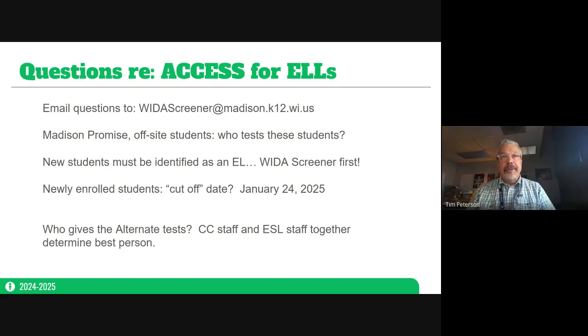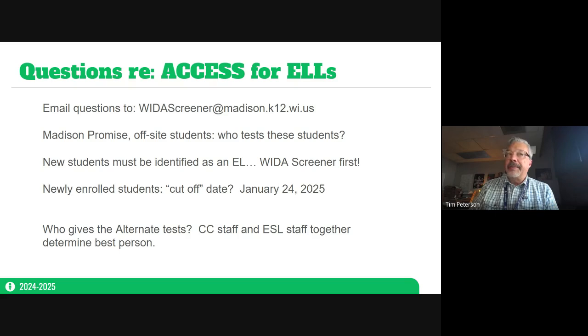And as always, there's the question, what about students who arrive late in the testing window? The last week of testing is the last week of January. That's when the window closes, the 31st. If you have new students who arrive that week, I am not expecting you to go through all that process and then give them an English language proficiency exam on top of that. If it's available and you want that information, then feel free to do that. Again, following the same steps: home language survey, WIDA screener, identification, and then we can do the testing.